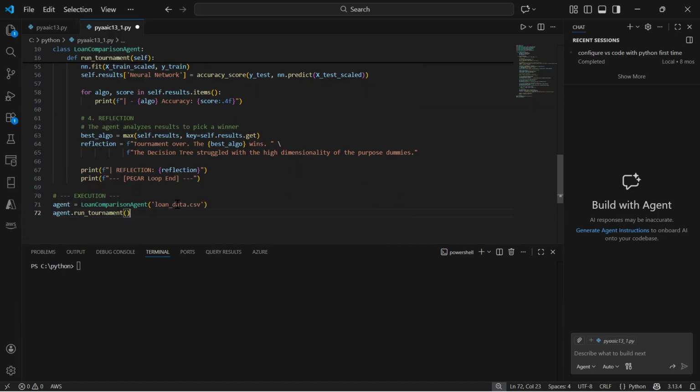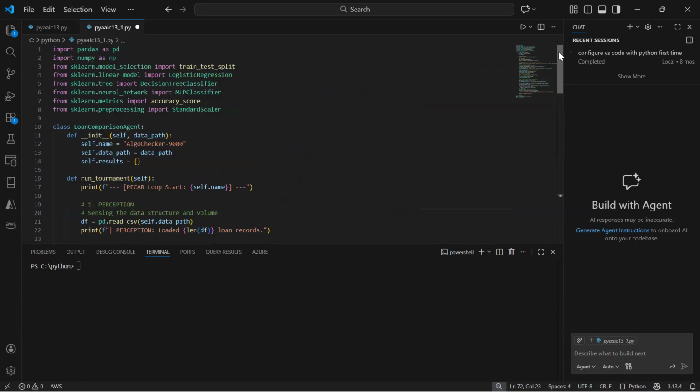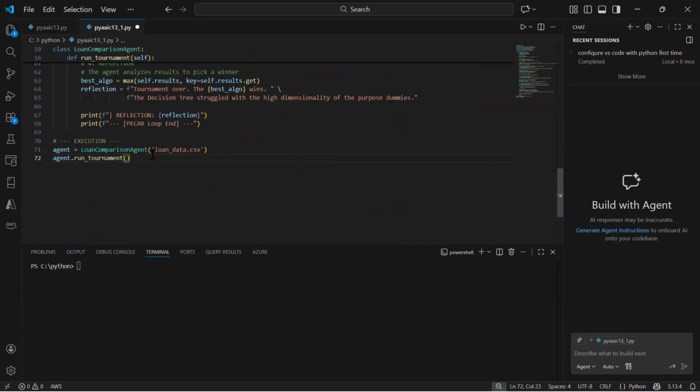Since I have created the path of the file as a parameter here, I'm passing the path of the file as a parameter in my object. Now, since there are three algorithms that I'm comparing, if I just go ahead and execute,